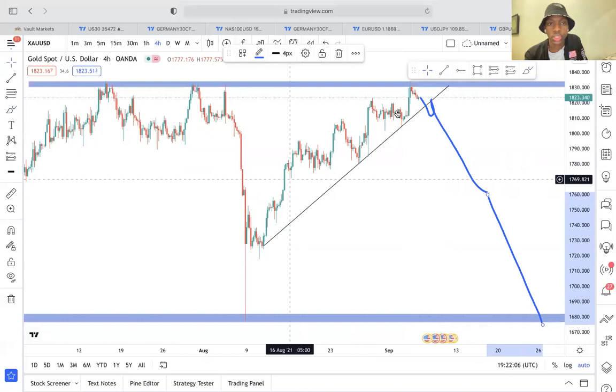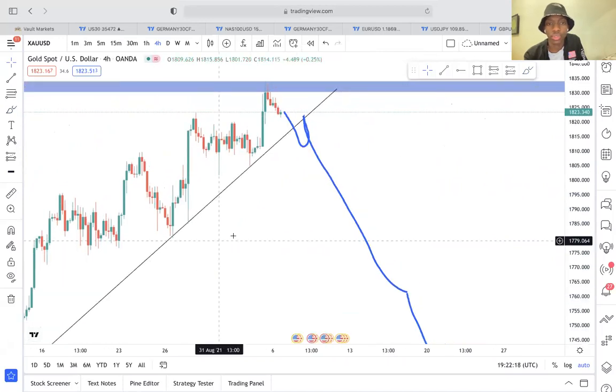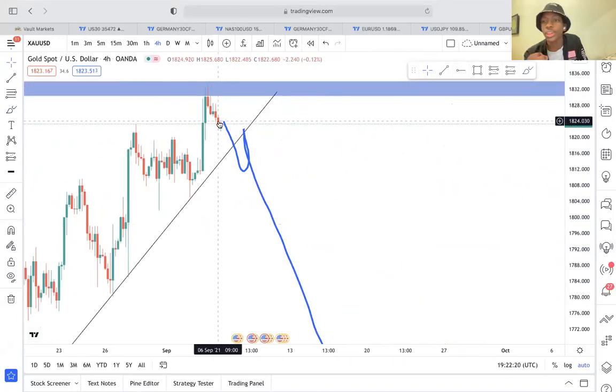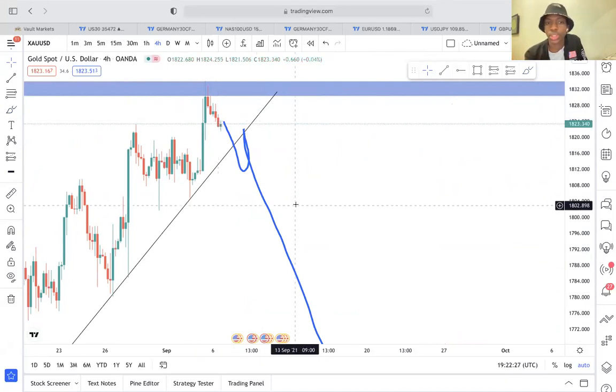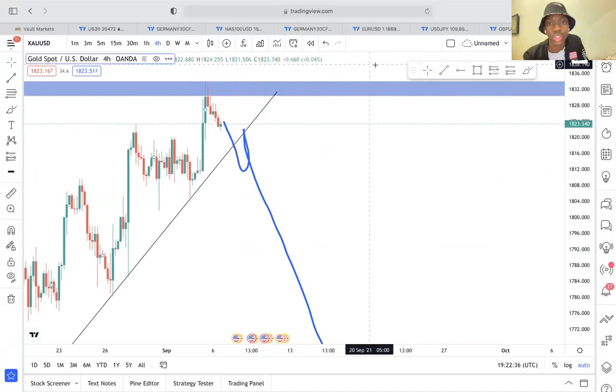There isn't really much to it. You can see that this is first top, second top, third top, fourth top. So yeah, it is gonna drop down. You just don't want to enter in the middle of it moving. You wouldn't run across the freeway during the day when there's cars coming past at 120 kilometers, you'd wait for the cars to slow down, then cross. So just because it's selling doesn't mean you must enter now, because you guys know how the market is. This thing could just